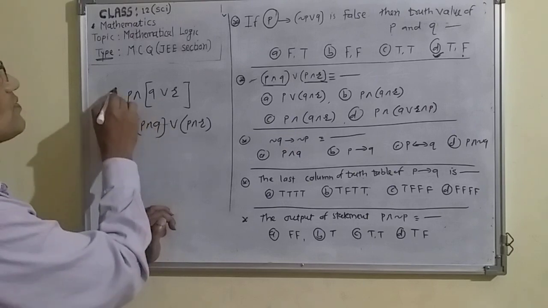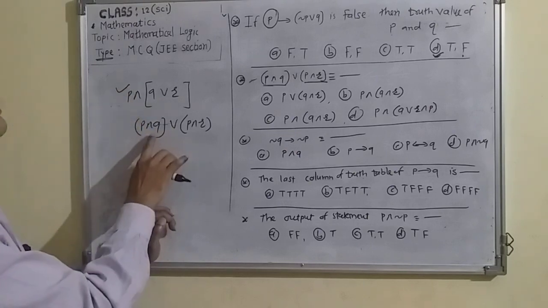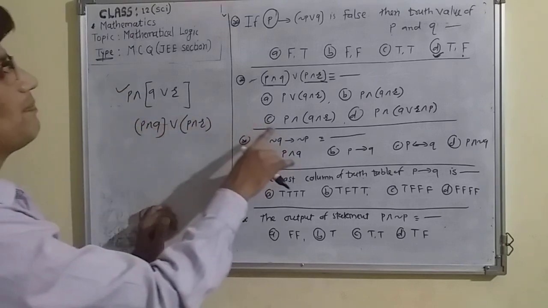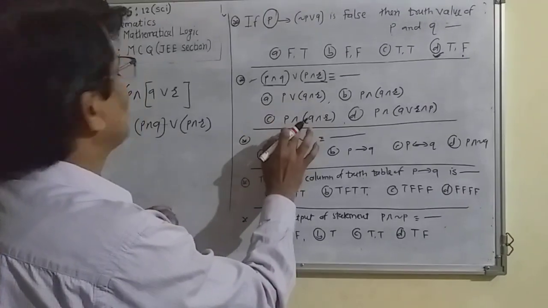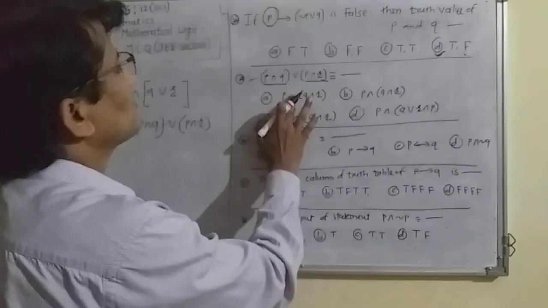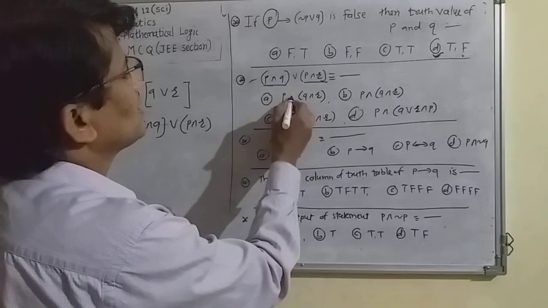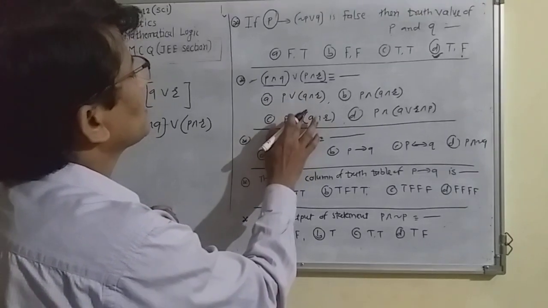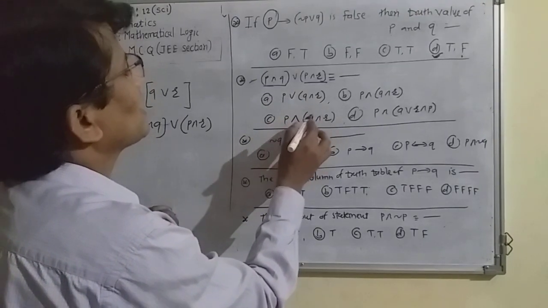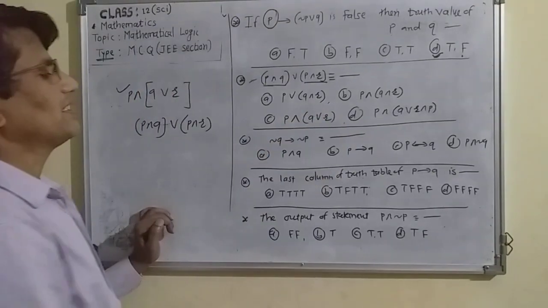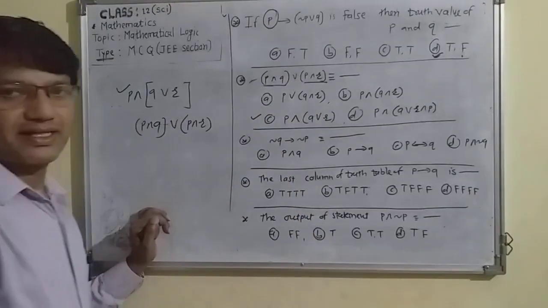The answer of this question may be like this. So P and here, so make a change here. I am writing here R, and here the option should be here. So option C is correct here.